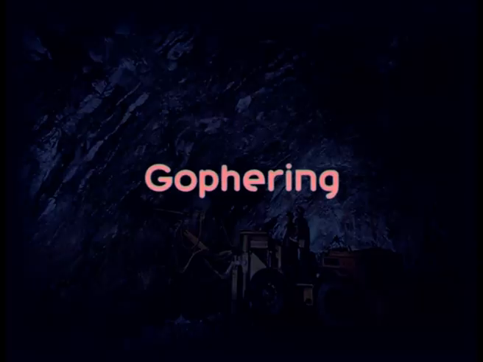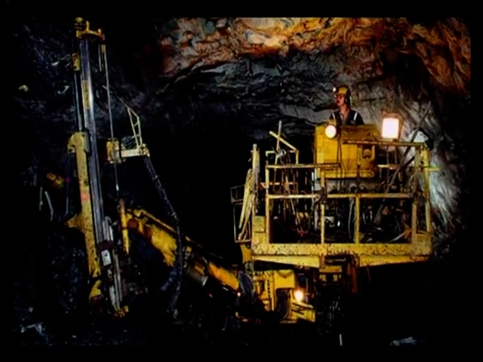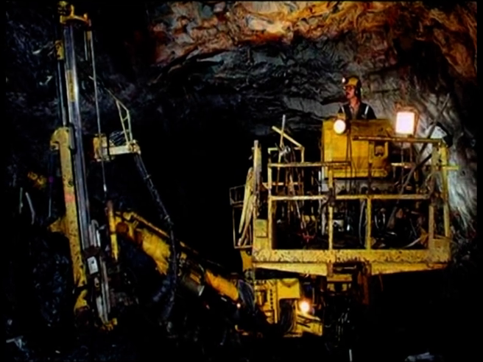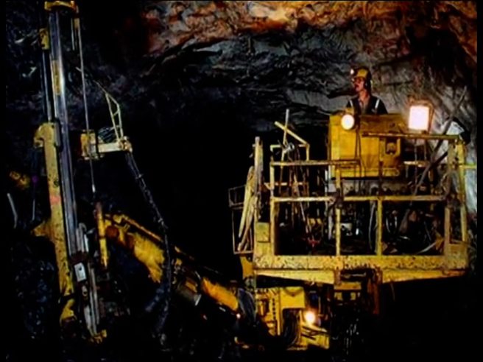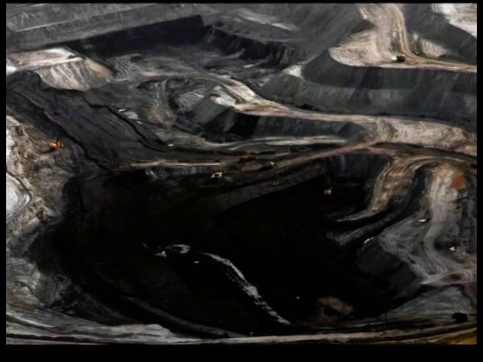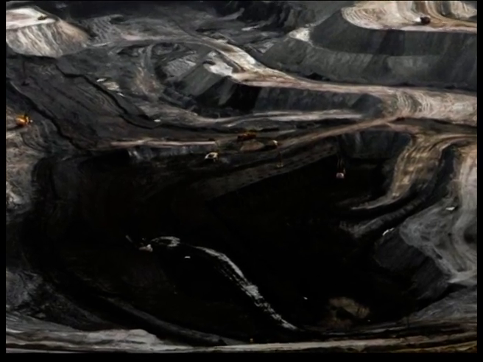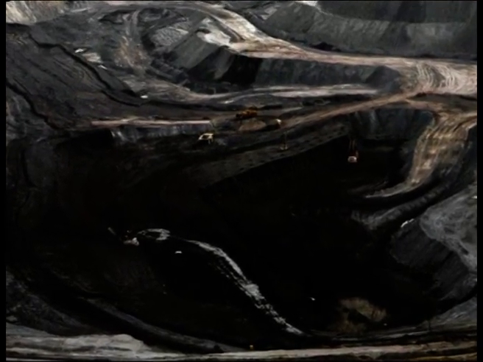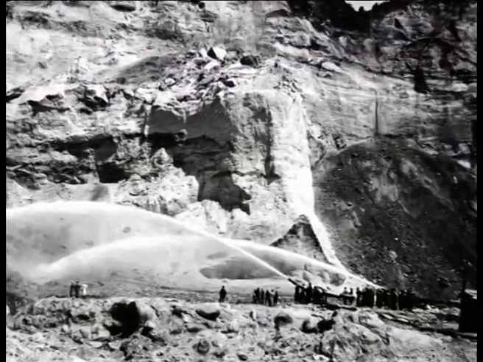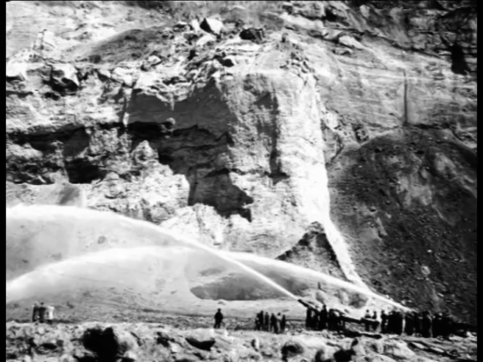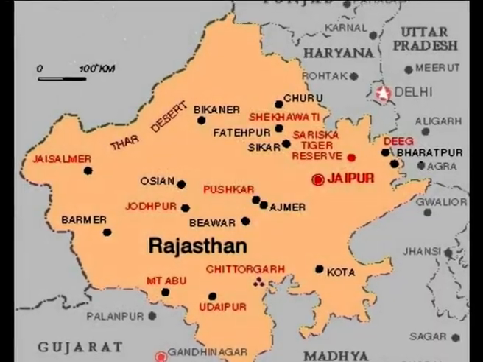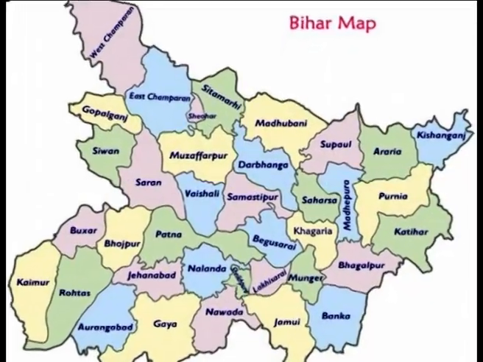A. Gophering. The term is applied to small sized, irregular and unsystematic underground workings. It may just comprise drifts or other openings which follow the ore chute or vein. This has been employed by the ancient miners of our country with great skill, for example, Rajasthan and Bihar copper mines.